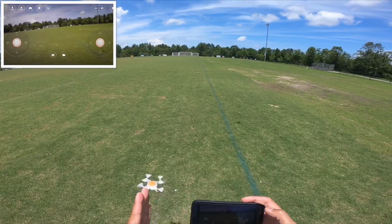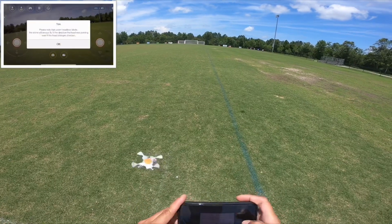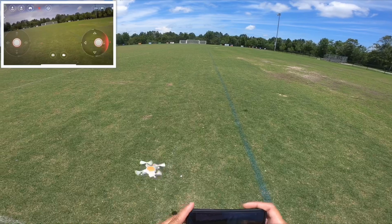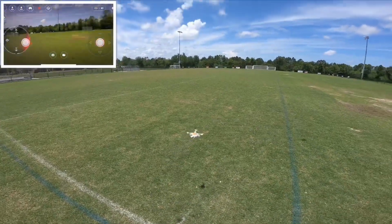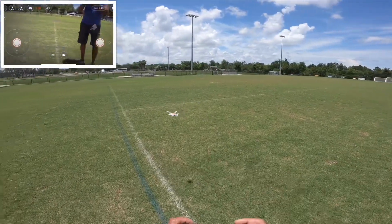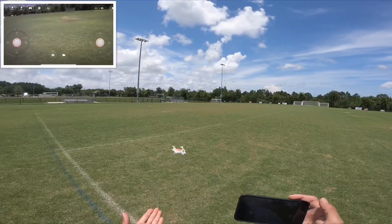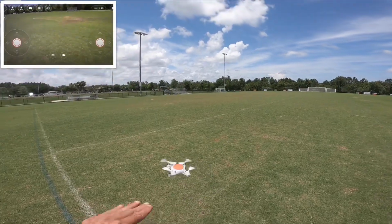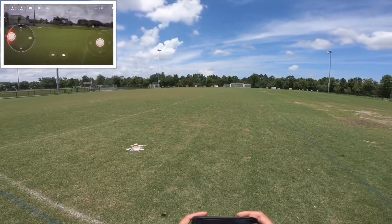And I'm not in a fast mode. I'm in a slow mode. Let's see what we got here. It's a headless. Okay, I'm in a headless. I don't know why they put that headless. I think it's really pointless to have that, because this one right here already has position sensing, and there's really no point for it to be headless. I mean, all you gotta do is turn around, look at yourself,